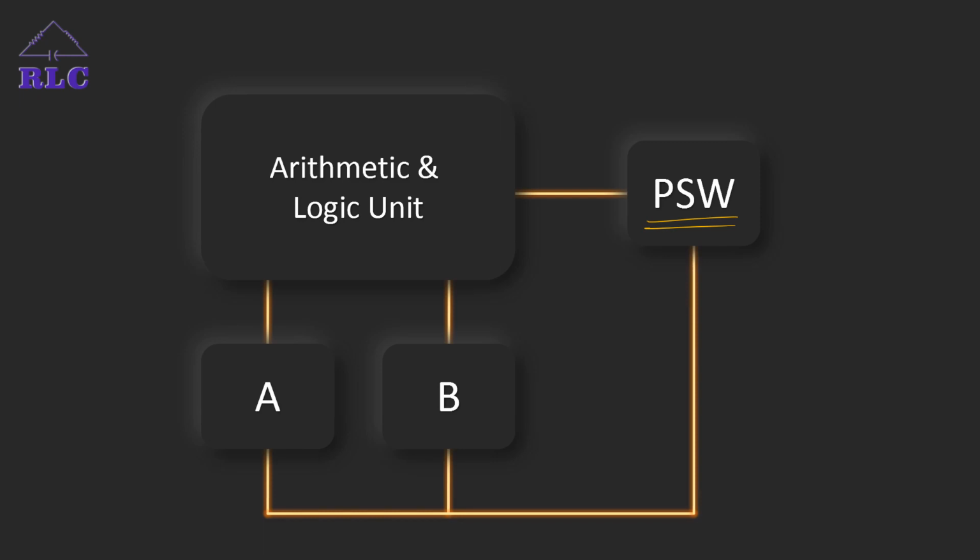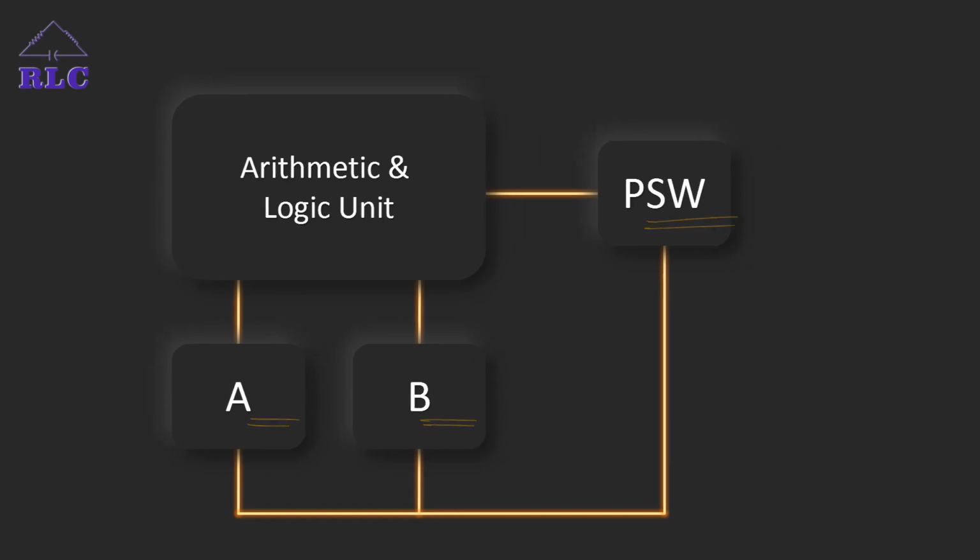Now we are not going to have only the A and B registers. It is not possible to do all the operations using only the A and B registers. We require storing some data while doing calculations. Say when we are doing some calculations, we need to store the result in some other place and fetch the same thing for the next operation. So for all these things, we require a memory location. That memory location we are going to call RAM.